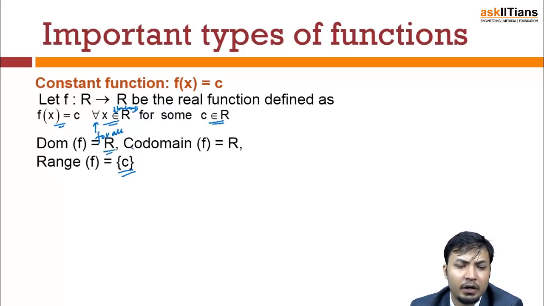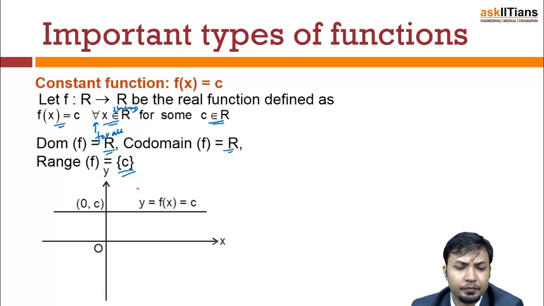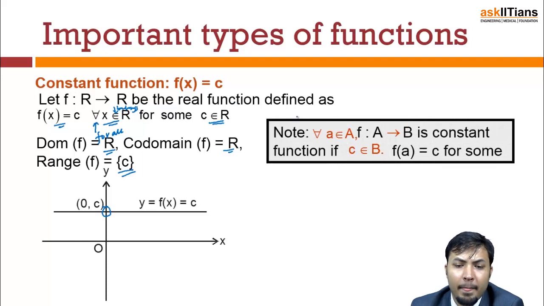Okay, so then my domain, my codomain and my range change. Now you see, this is an example of a constant function, okay, where my y is equal to some value over here. Now, an important point to note is that for every constant value a that belongs in A, my f from A to B, that is my function A to B, is always a constant function. If c belongs in B, f of a equals c for some c. Okay,